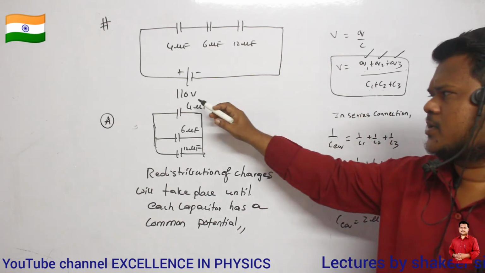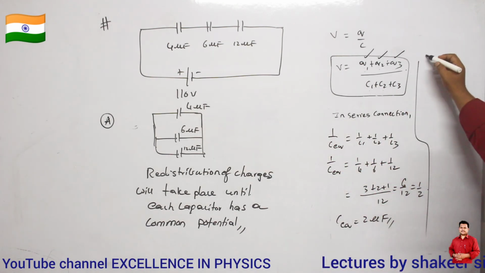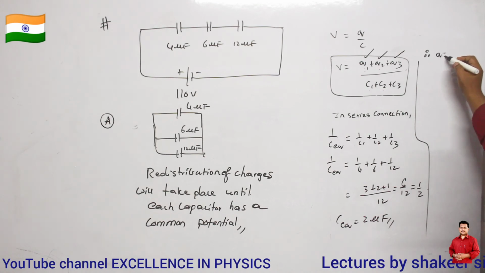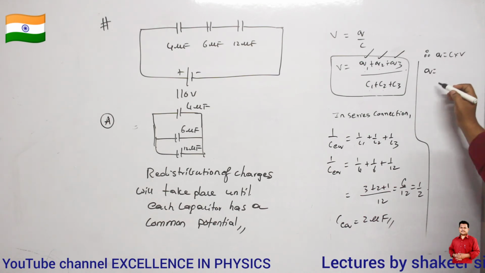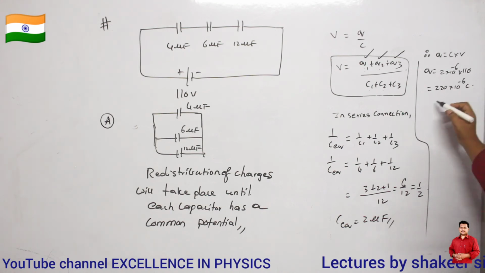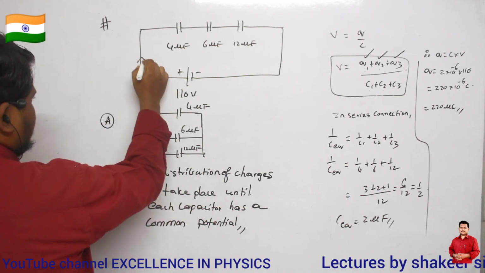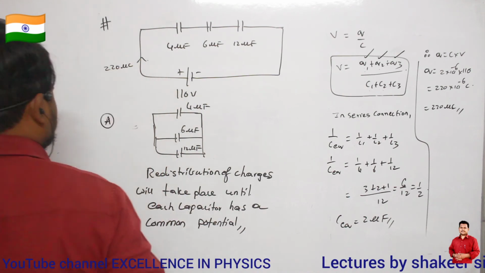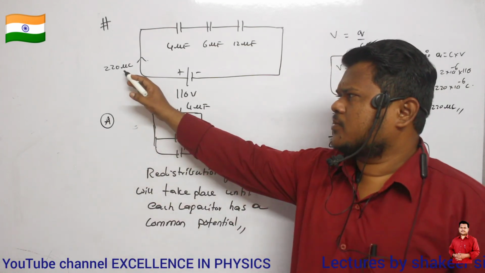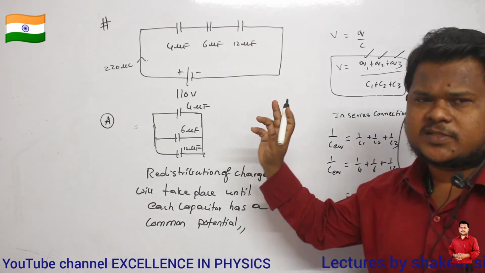Clear? And this total circuit is connected to which battery? It is connected to a battery of 110 volts. So therefore, what is the total charge which is generated by the battery? Charge Q is equal to C into V. So total capacitance is 2 into 10 power minus 6, potential is 110 volts. Clear, ma? So 220 into 10 power minus 6 coulombs of charge, or 220 microcoulombs of charge, is produced by the battery. Are you able to understand, ma? Okay. Now this 220 microcoulombs is given to which capacitor?